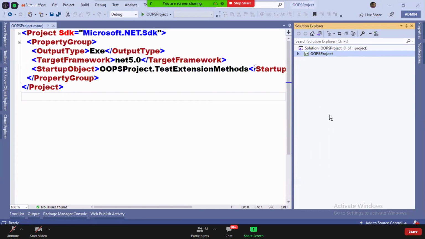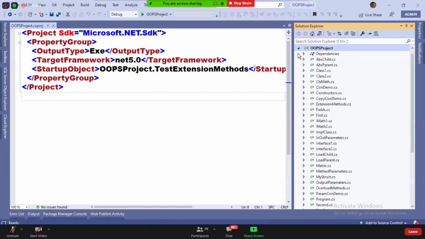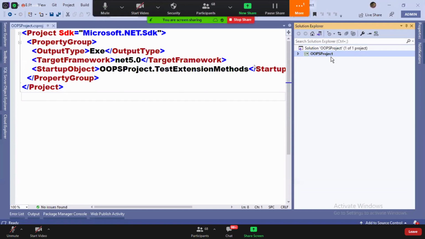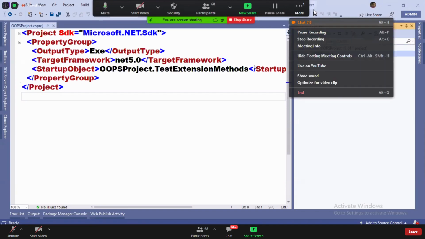A solution also requires a name. The name of the solution will be your project name only.